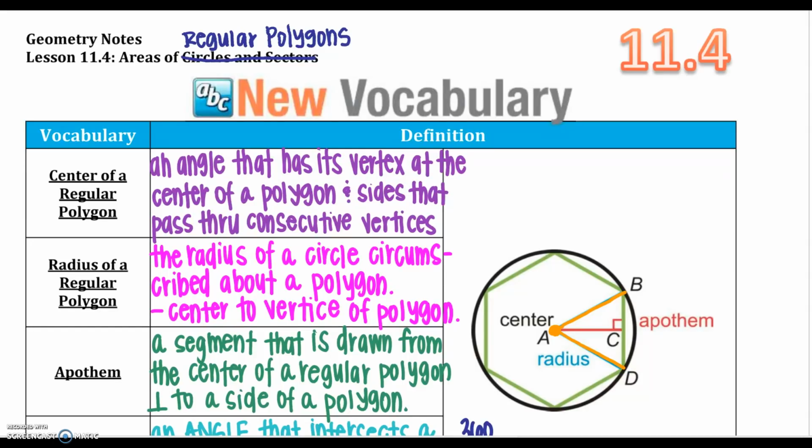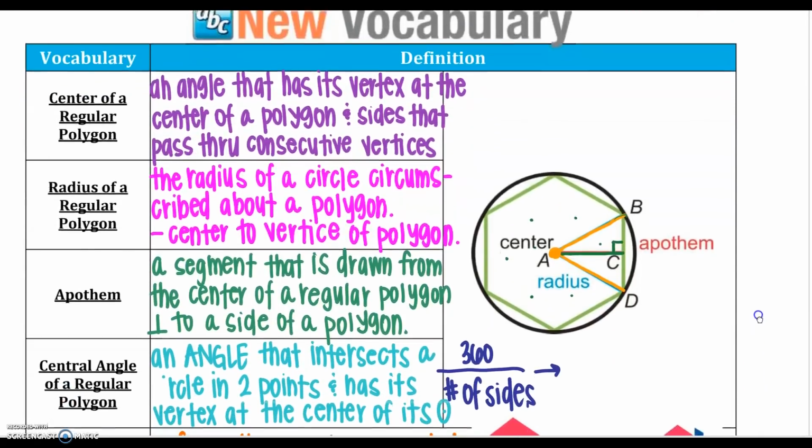Next, the apothem, which is pretty important for us to know because we're going to use that word a lot. A segment that is drawn from the center of the regular polygon perpendicular to the side. So notice AC would be my apothem. If you notice that ABD is sort of like one out of the 1, 2, 3, 4, 5, 6 triangles you could draw in this regular